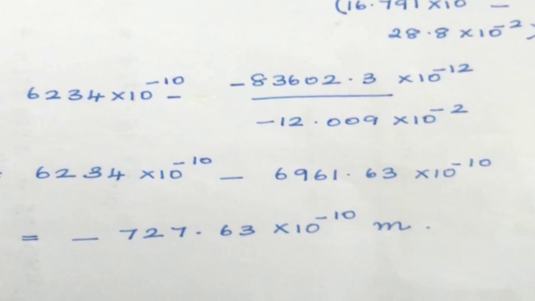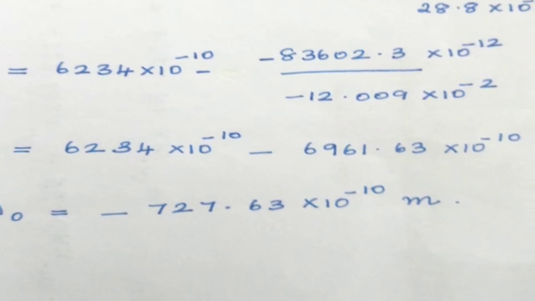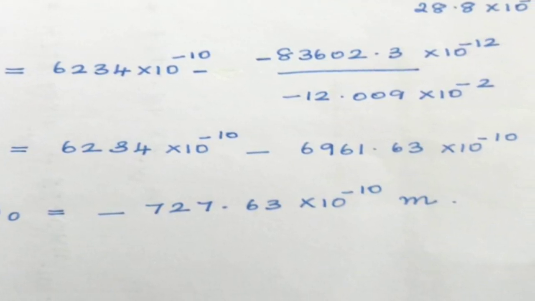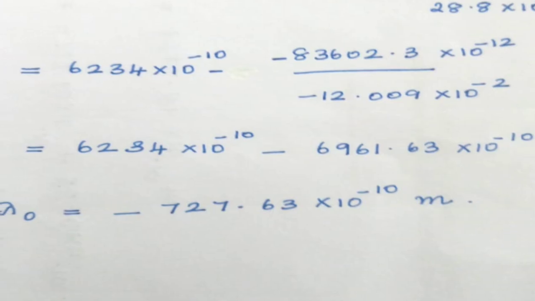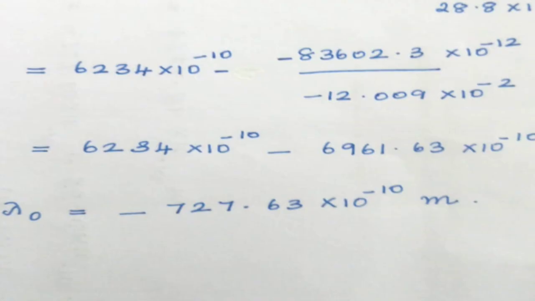The reason why I asked you to keep C in terms of 10 power minus 12 is this. So this minus 2 and minus 12 will get cancelled and will give you 10 power minus 10. So the lambda 1 and this factor will have the same powers, 10 power minus 10. So since they have a 10 power minus 10 as a common value, the difference of this will give us